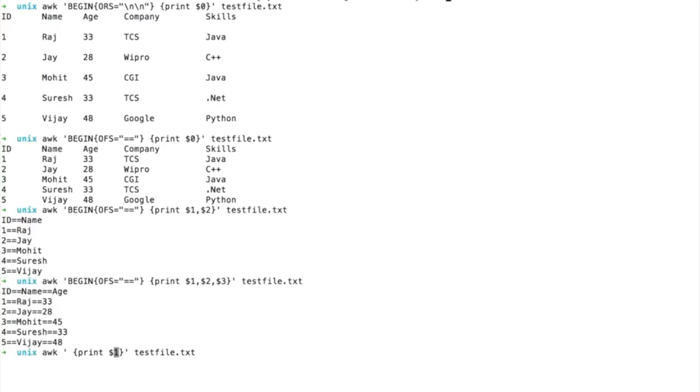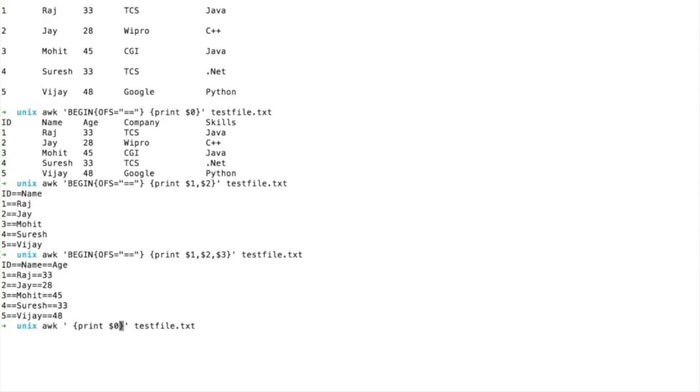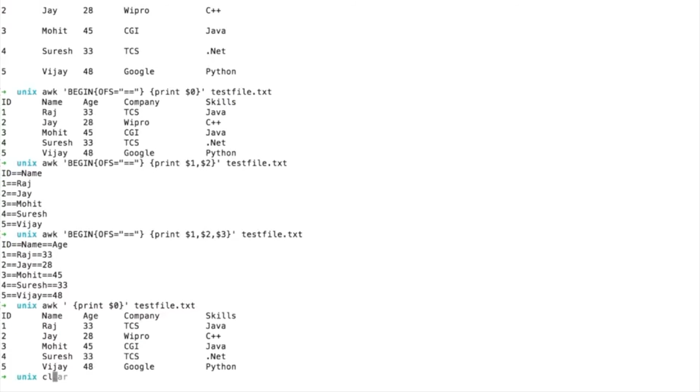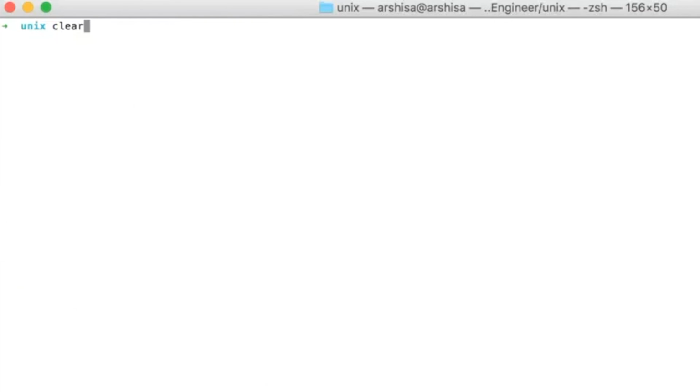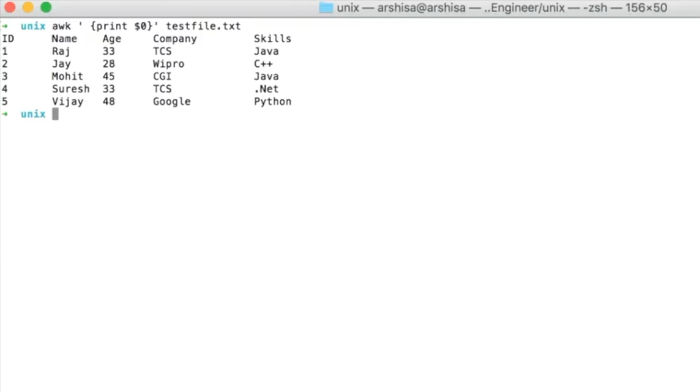Let me first print the entire thing. Suppose I want to print those records which have the largest length. So what you can do is simply use an if command.